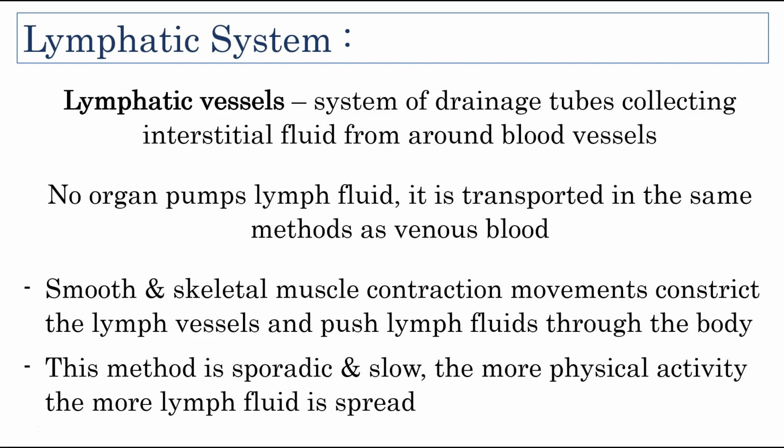Lymphatic vessels are just a drainage system of tubes. They are coiled very, very closely around the blood vessels. One of the biggest differences between the venous system and the lymphatic vessels is that there is no organ attached to this continuously pumping. We do know that with venous blood, it almost doesn't matter. By the time blood trickles through capillaries and enters venules, the pressure is very, very low, so it's not really helping push that blood through circulation all that much. But lymph fluid doesn't even have that. So it's relying on all of those passive methods that venous return relies on, like smooth and skeletal muscle contraction,